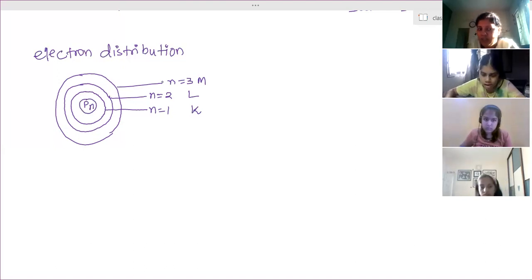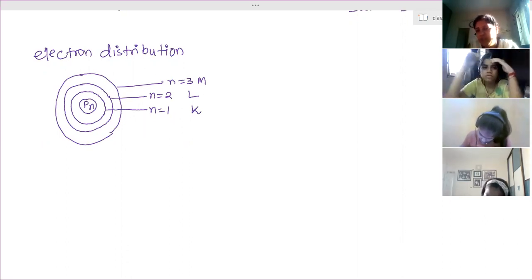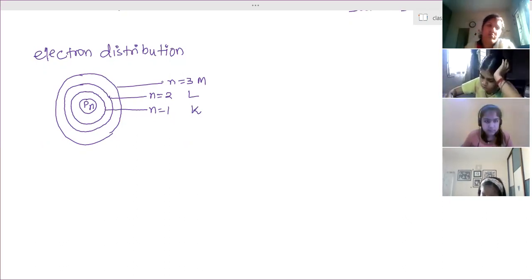So electrons are placed in the K shell first, then the L shell, then the M shell, then N, then O, then P, then Q. Okay. So every atom doesn't have all the shells. Whatever electrons can possibly be placed in whichever shell, only that many shells will be available. Not 7 shells. All atoms don't have 7 shells. Clear? So the first rule is the maximum possible electrons